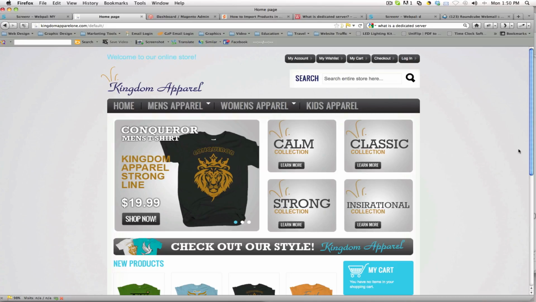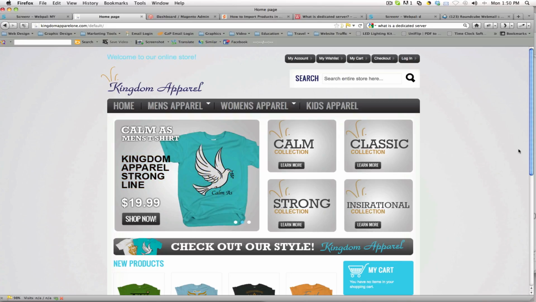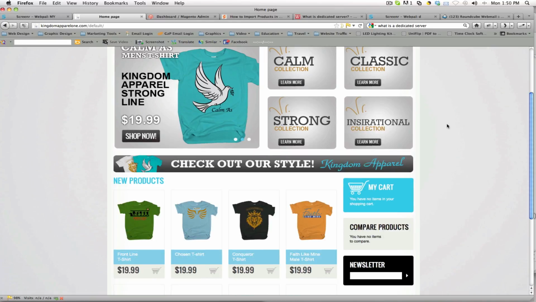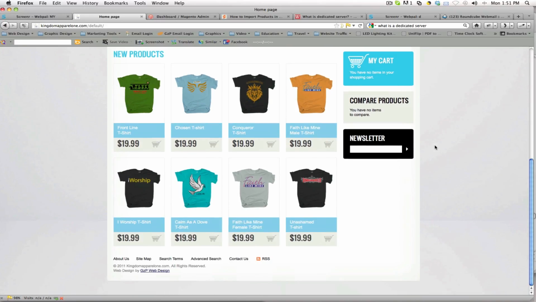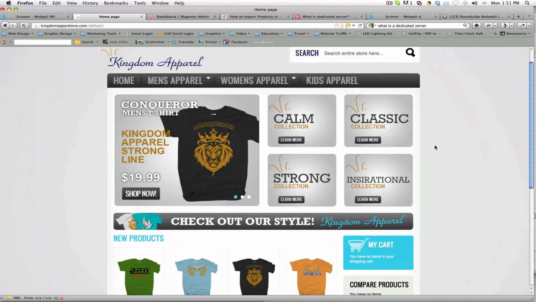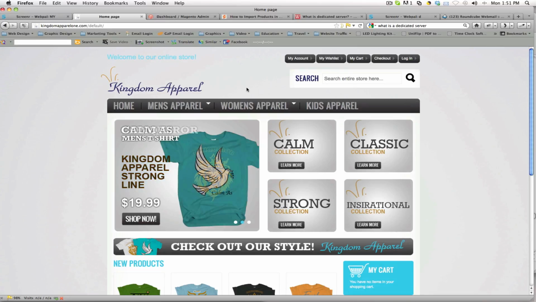Now, as far as your users, as far as your customers coming into the site, I just want to go over some different features that are available on the Magento sites. Magento is a very robust platform, so there's a lot of stuff available with Magento. This is why I recommended using Magento, and this is why I try to use Magento for all of my e-commerce websites. Also, with that said, a side note as far as Magento, because it's so robust and because it does so much, it uses a lot of